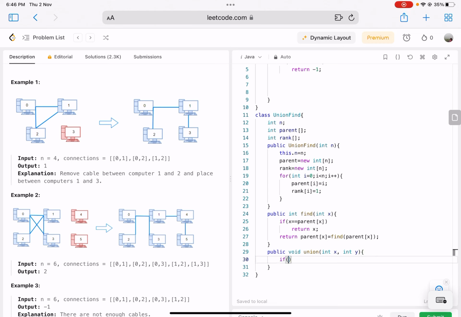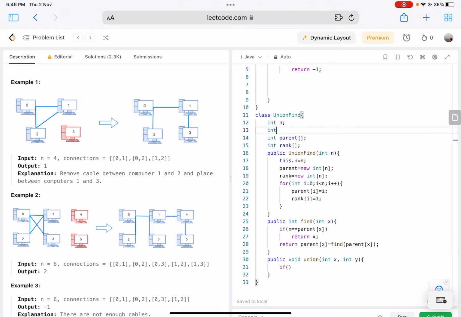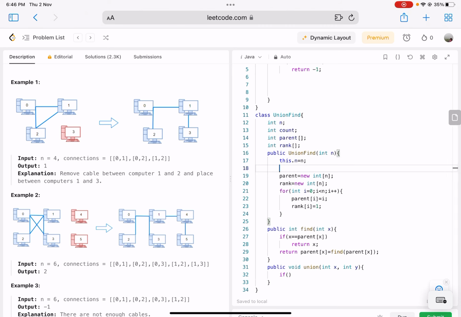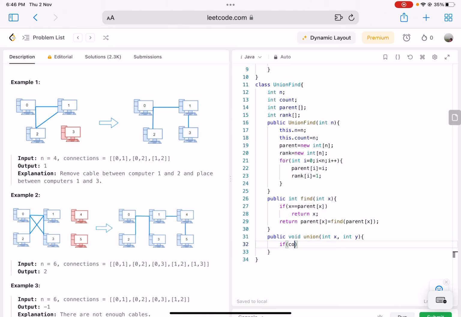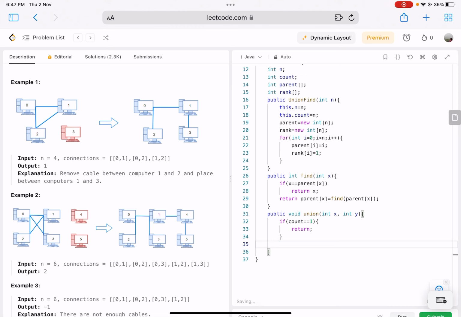So if count is equal to 1, right? That means there's only one distinct group. So we don't need to do any union. Okay. Else